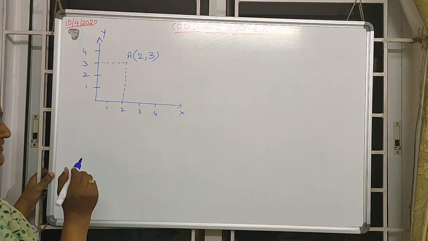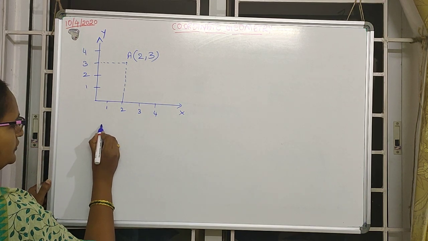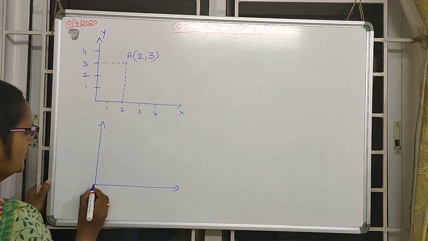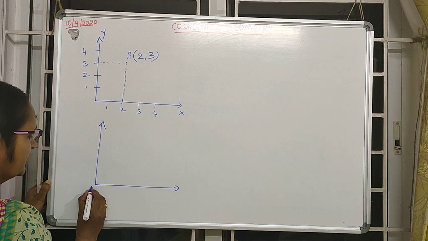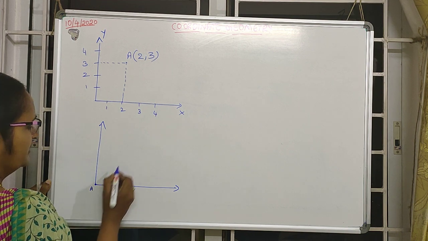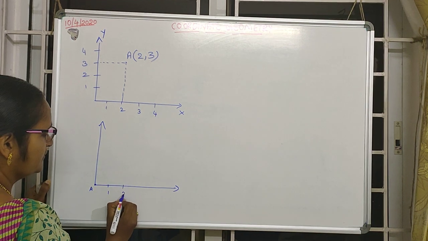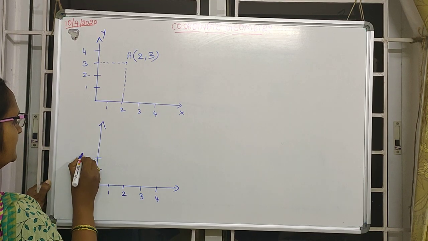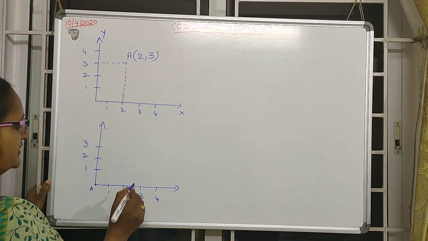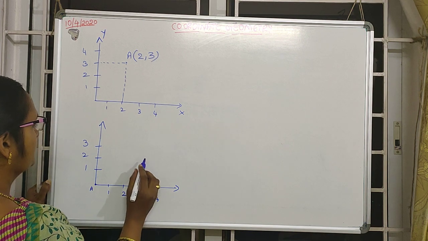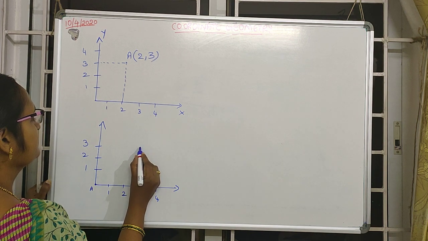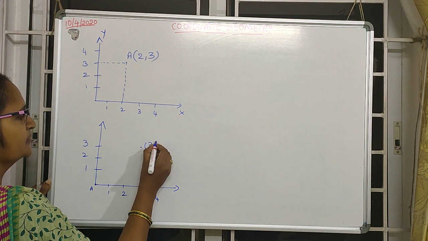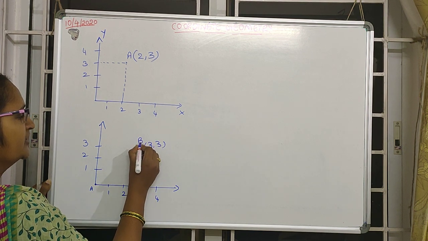Here suppose we consider 2 points. Now this is the point A. Now for another point, I am going to write 1, 2, 3, 4 here, and on the other axis 1, 2, 3. If I consider the point, suppose, 3, 3, then the point is 3, 3, and this is the point B.